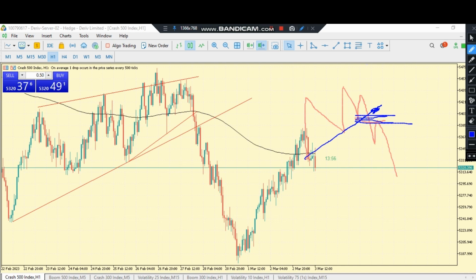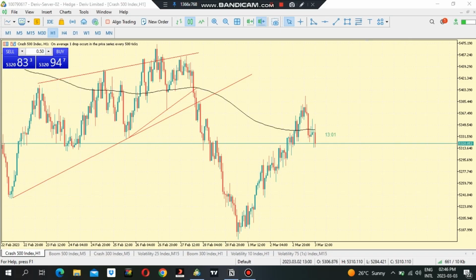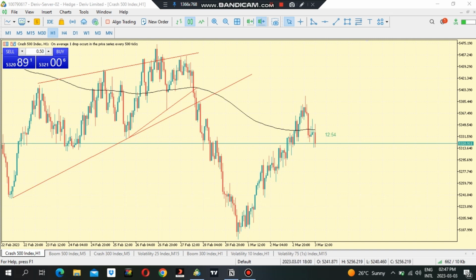So after you break out of the trend line, you mark out the zone. Our first entry will be a test of the flip zone, this flip zone over here. And our second entry that we are anticipating will be an entry on the trend line retest. So if I've got a candlestick confirmation over here, then you enter. Using that over here, we're going to be marking out the previous